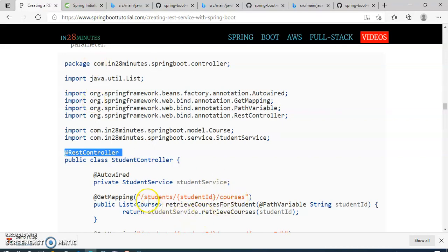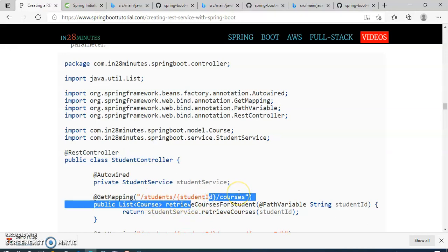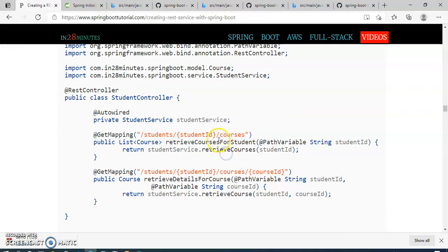You can see here the student ID, courses. This path variable is mapped with the student ID.